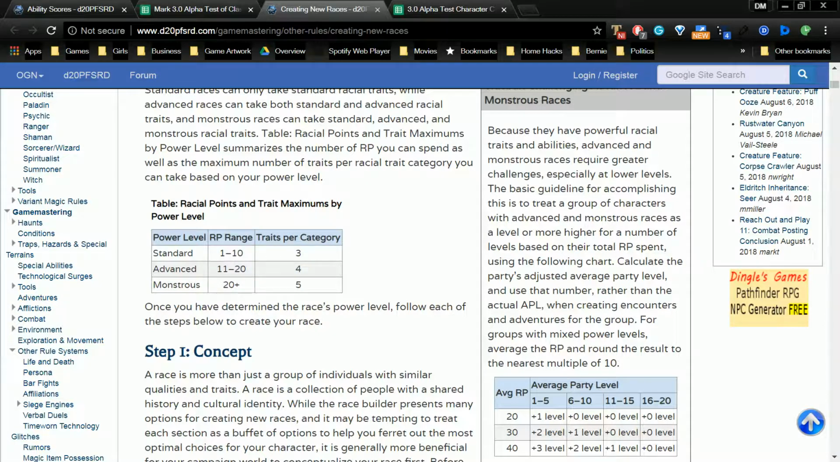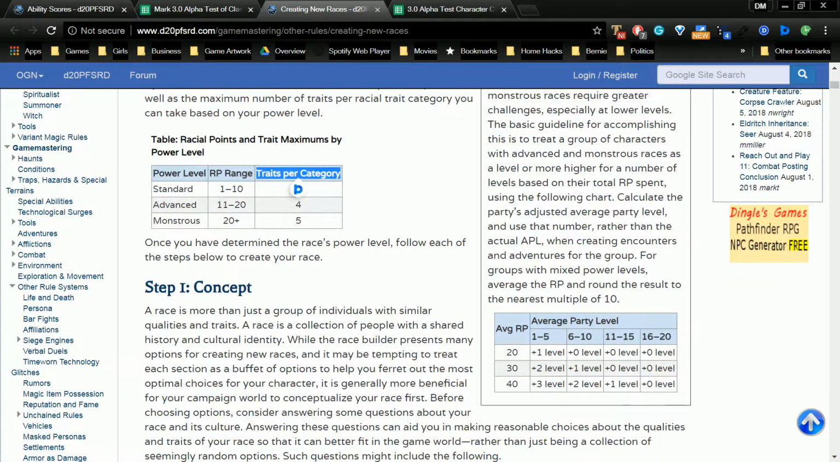You can ignore traits per category. Just ignore how many traits per category. You can do whatever you want as long as you meet the monstrous 20 RP or higher. Okay,